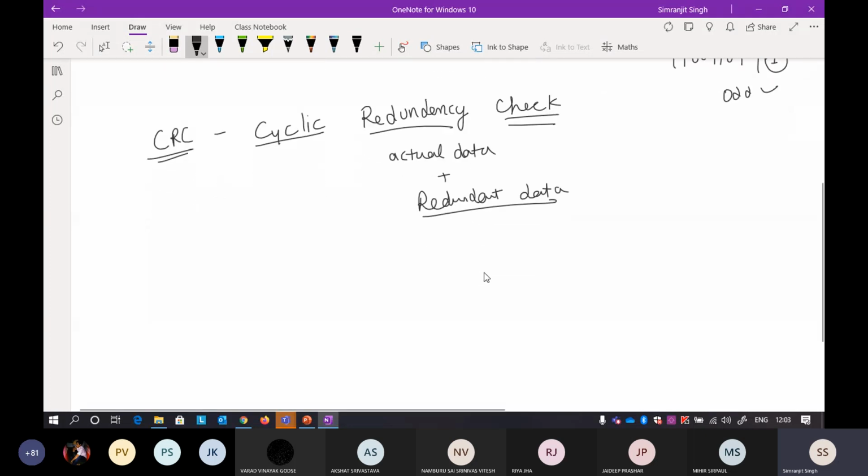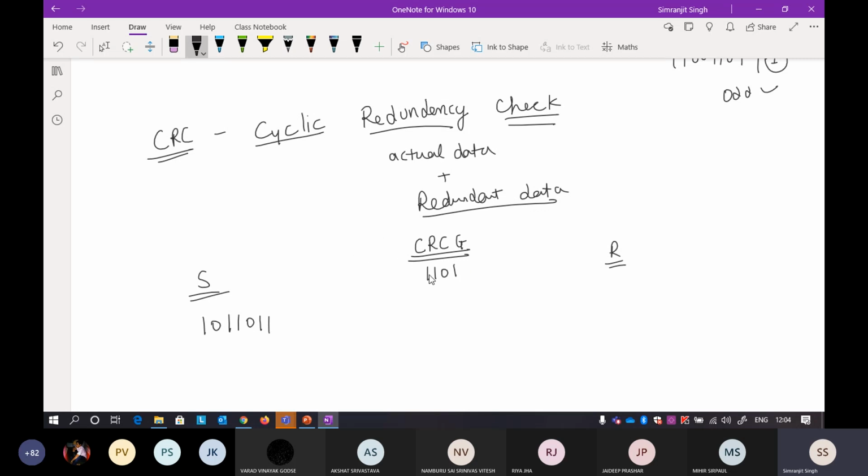Now suppose you want to send something to the receiver. Suppose I'm sending this particular bit format, that is 101111. Before sending the data from sender to receiver, there is one thing that they both agree on, that is the CRC generator. Before establishing communication, both have agreed on the CRC generator. It can be generated by the sender CPU, and it can be any random number. In this particular case, suppose that number is 1101.